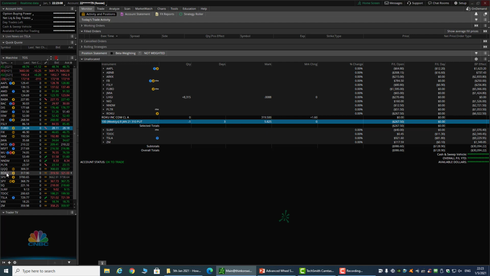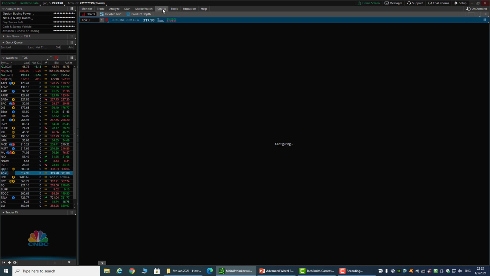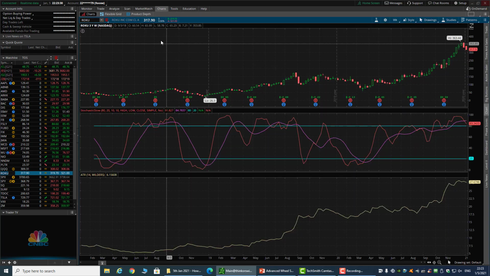and right now Roku is at 317.90, which is yesterday's closing price. The market has not opened yet, so when the market opens, I'm planning to roll this trade to next week at a lower strike. And if we take a look at the Roku chart,